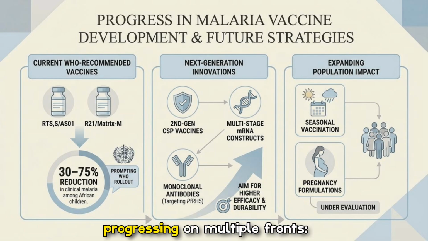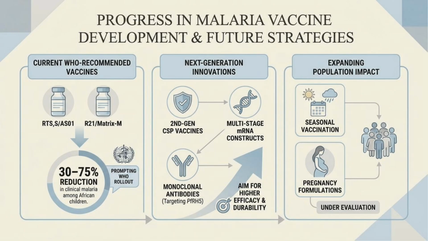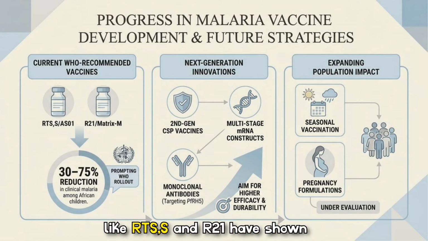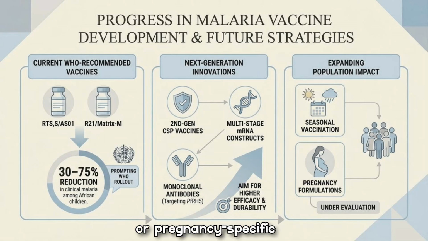Vaccine development is progressing on multiple fronts. WHO-recommended vaccines like RTS,S and R21 have shown meaningful protection, reducing clinical malaria in children by roughly 30 to 75% in trials. While next-generation approaches, second-generation CSP constructs, multi-stage mRNA designs, and monoclonal antibodies seek higher efficacy, longer durability, and seasonal or